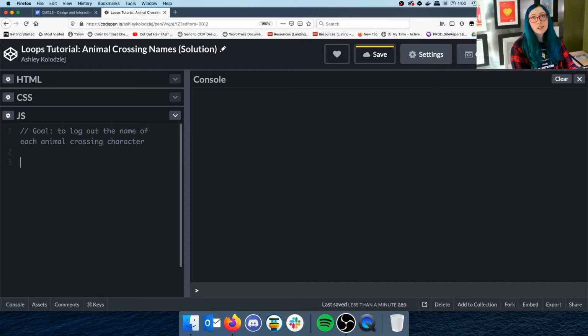All right, so in order to do this, first of all, I need a place to store these Animal Crossing characters. What do you do when you need a place to store something? You create a variable. And let's think about this. Are our Animal Crossing characters going to change? No. So we're going to use a const for this. So here, const, and we're going to call this animals